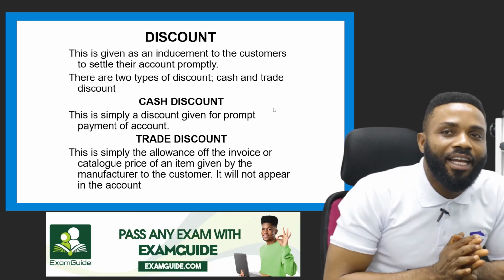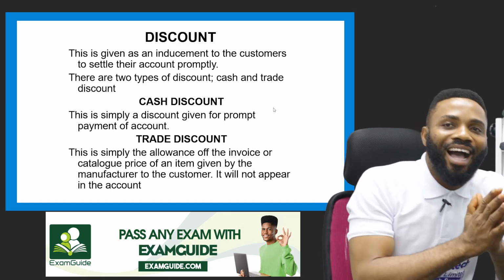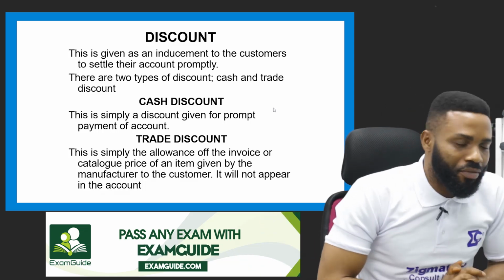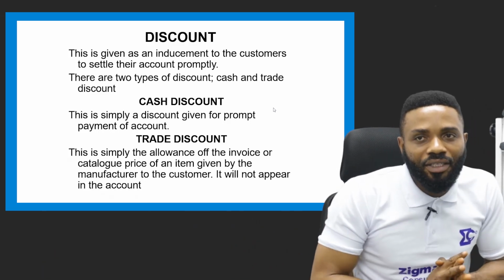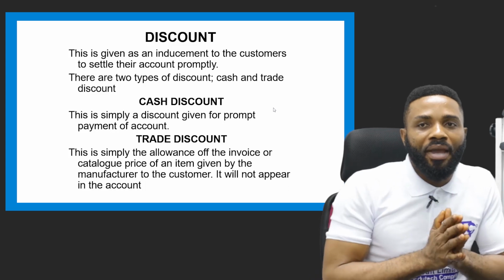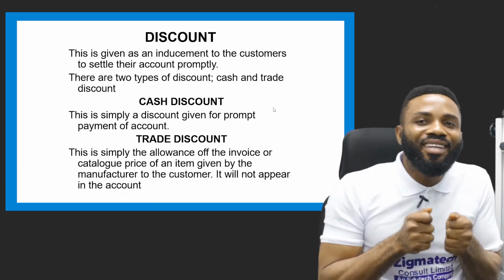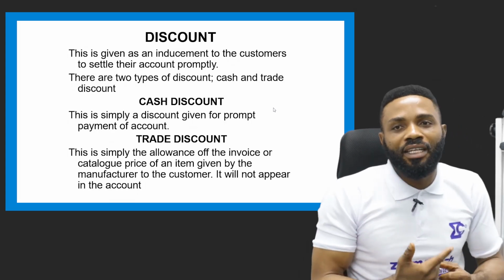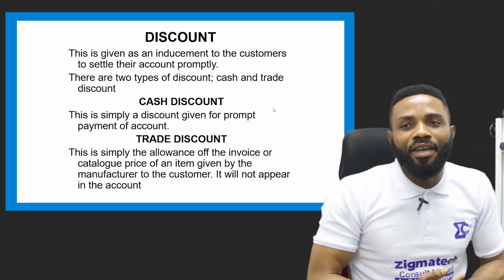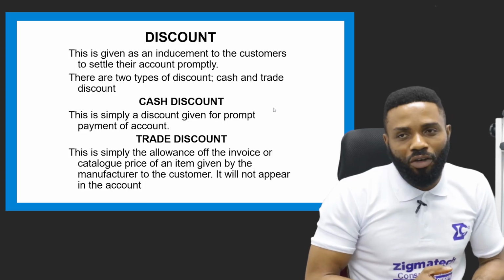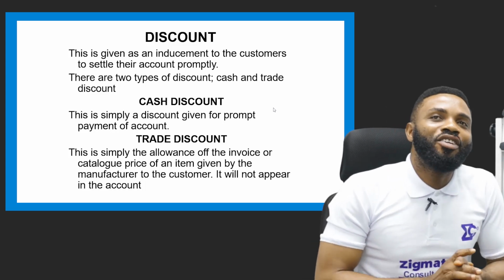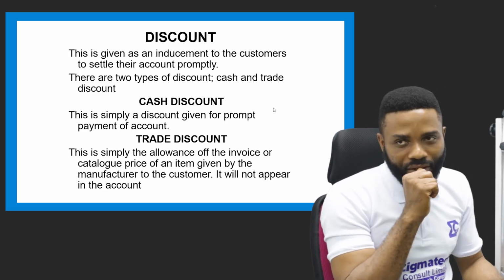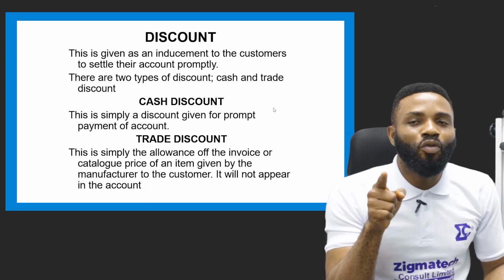And then it is divided into two. You have what we call cash discount and what we call what? Trade discount. How are they different from each other? Cash discount is given for prompt payment of account, like I have said, while trade discount is the allowance off the invoice or the catalog price of an item given by the manufacturer to the customer. You see, if we don't differentiate this, you may not be able to appreciate the topic, because in this topic we don't